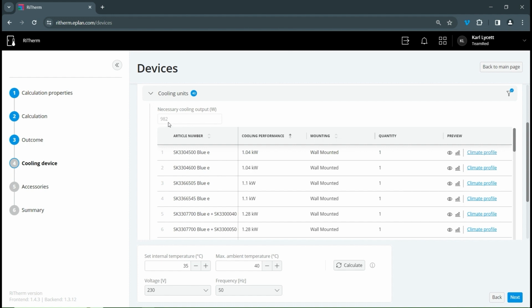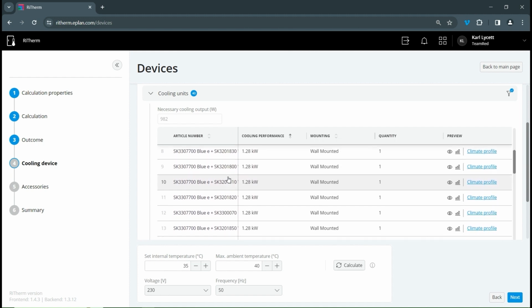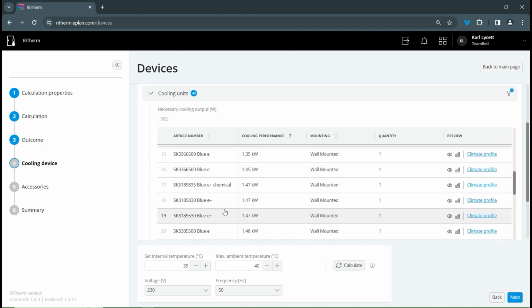So this is the minimum wattage size we need to maintain the temperatures inside our enclosure that we've set on our parameter box down here. As you can see, everything is going to be above this figure. So you can safely choose any of these and know that it's going to meet the requirements that you have set. So I'm just going to have a look through here, and I am going to choose this one here,